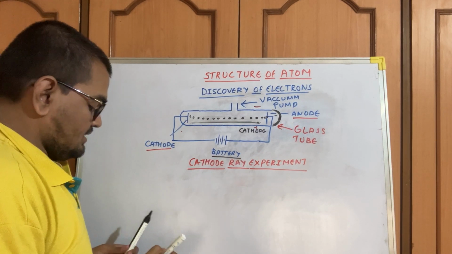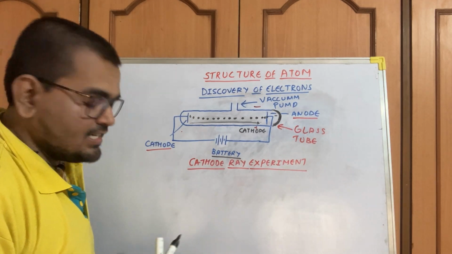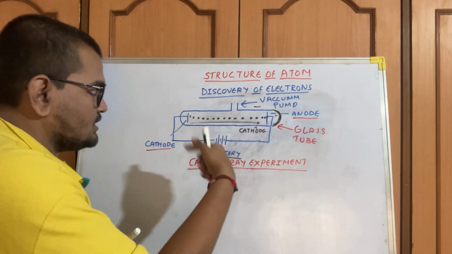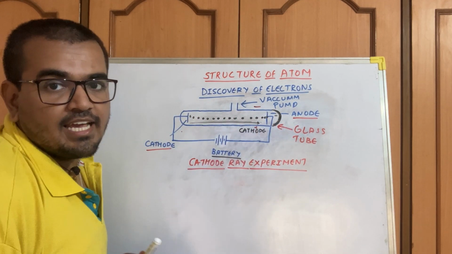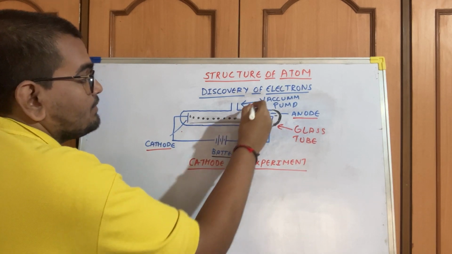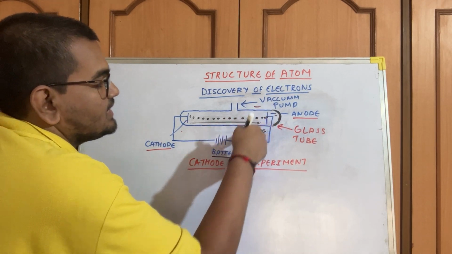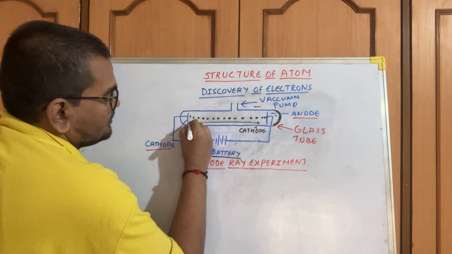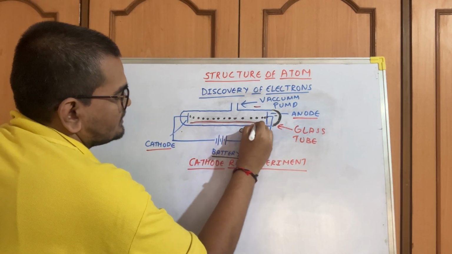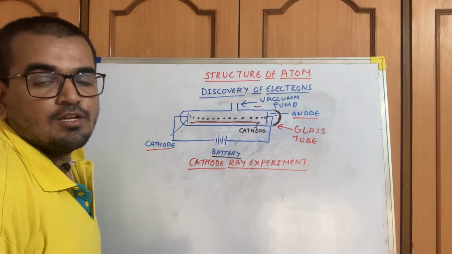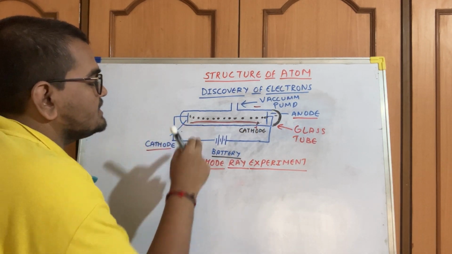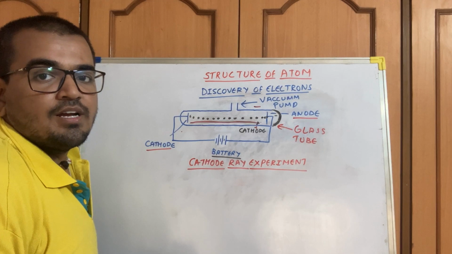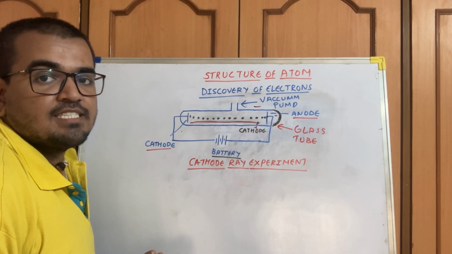Without any influence of electrical or magnetic field around the glass tube, they travel in a straight line. Whenever we apply an electric or magnetic field around the glass tube, the cathode rays will move towards the positive side. So this indicates that the particles emitted from the cathode terminal are negatively charged and therefore